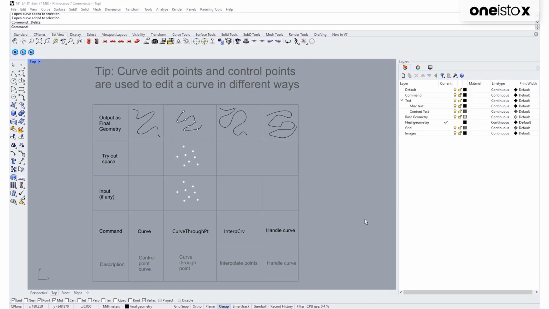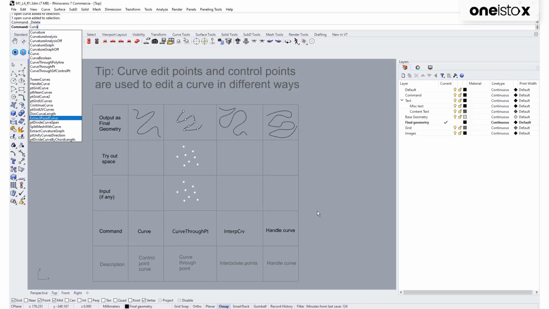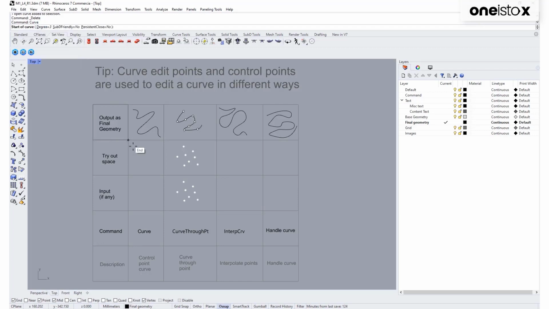If for a project we want to create a fluidic form or geometry, a polyline will not be of any help. So, Rhino has the NURBS curve as an object that we can use here. Let's try and create a NURBS curve. I'll refer to my grids and I'll use curve as a command to access that. Hit enter and place points on the grid that I have. So I've created a NURBS curve. It has certain points which I can move to change my geometry.